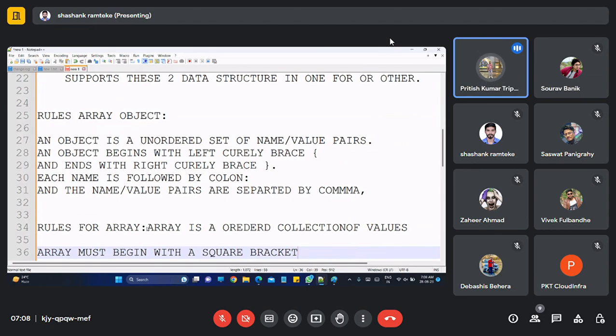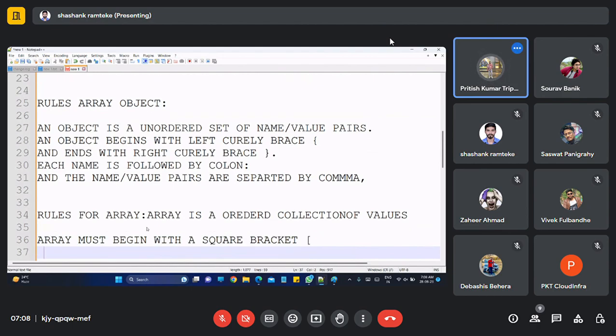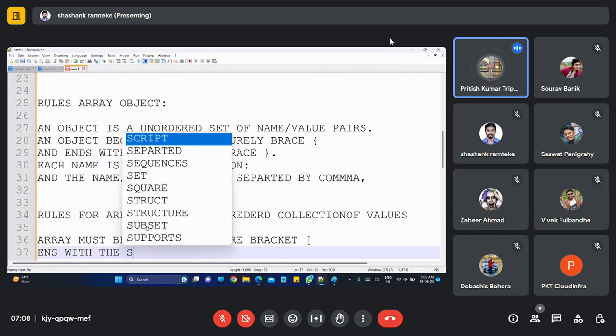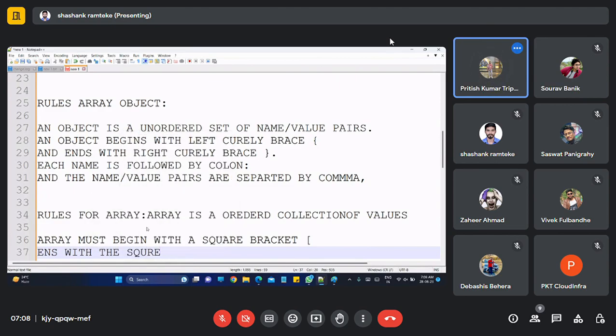Okay, and that is this one. Sorry, this one. Okay, then it should end with the square bracket. It should end with which square bracket?